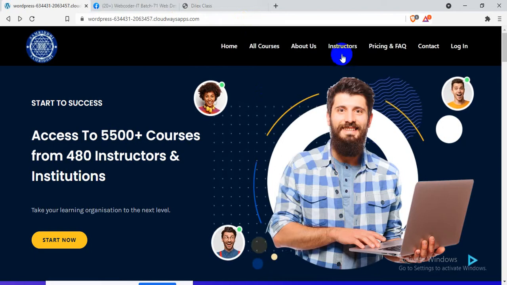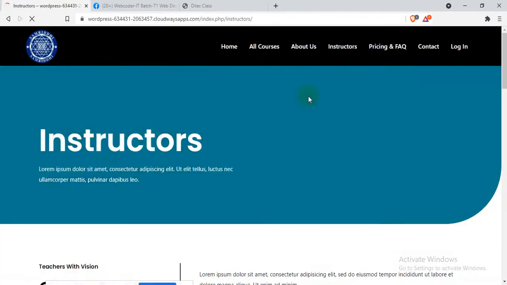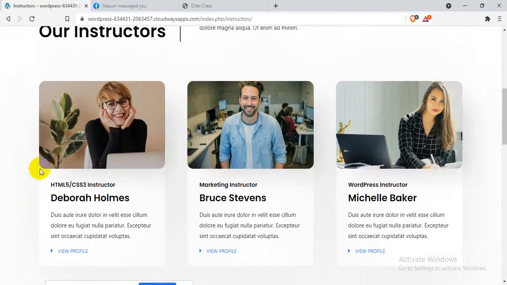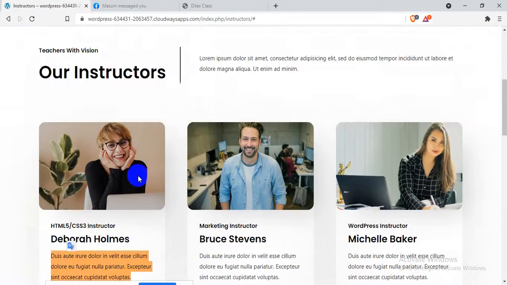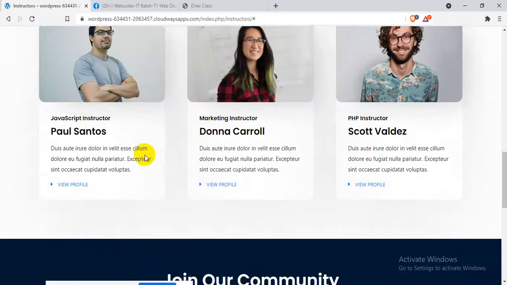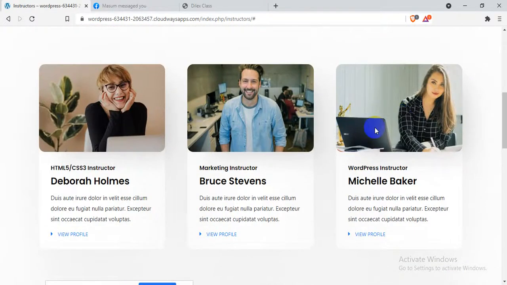Just a moment. Asking students to directly contact them, I don't think that is the right thing. Yes, because if we allow direct access like this, they will have their name, their courses, and the details about their courses and their profile. We haven't added it yet, but the instructor section will be this way.